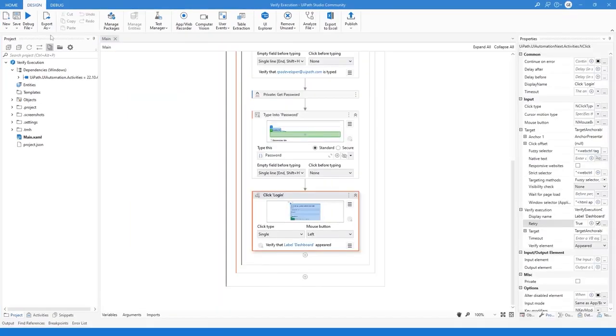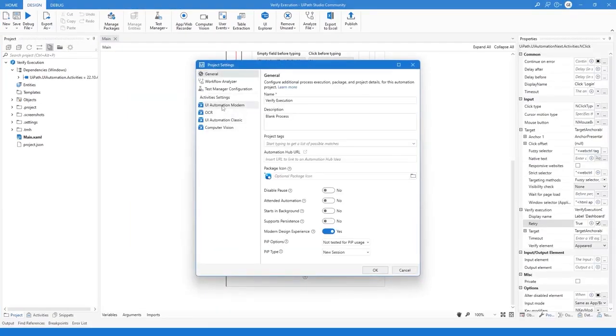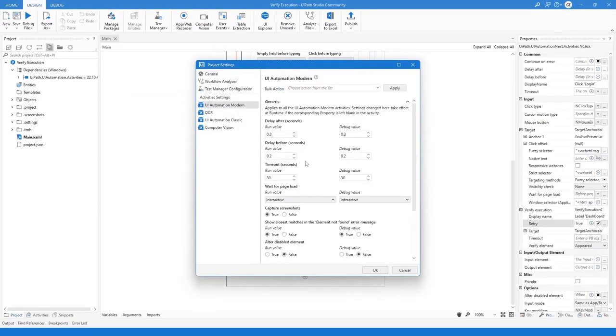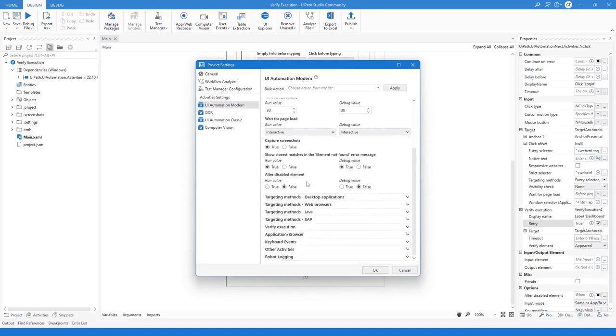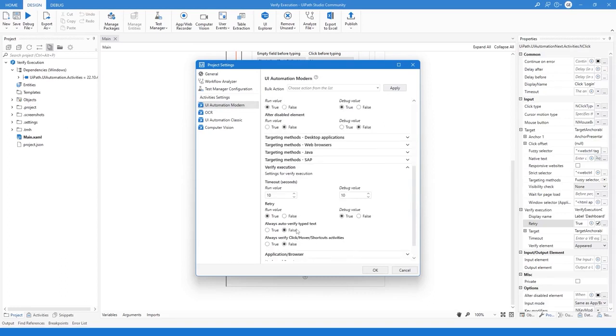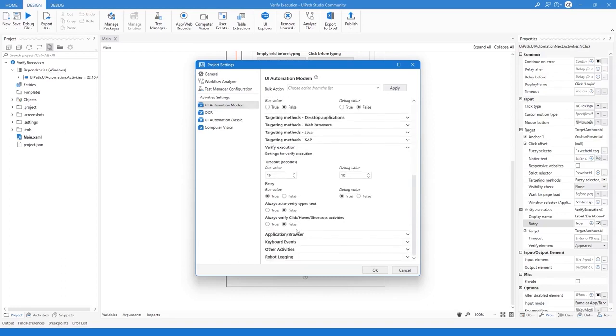To do this, we click on Project Settings, and under UI Automation Modern, we can find the Verify Execution section. In this section, we can define the settings that'll be applied to the entire project. For a quick recap,